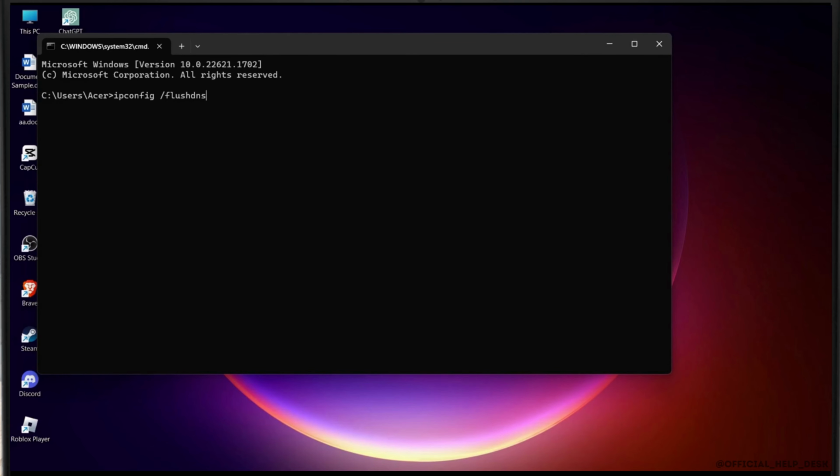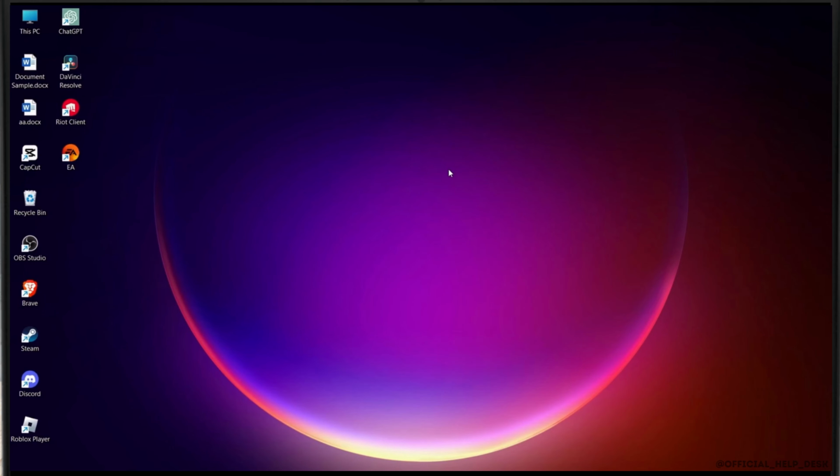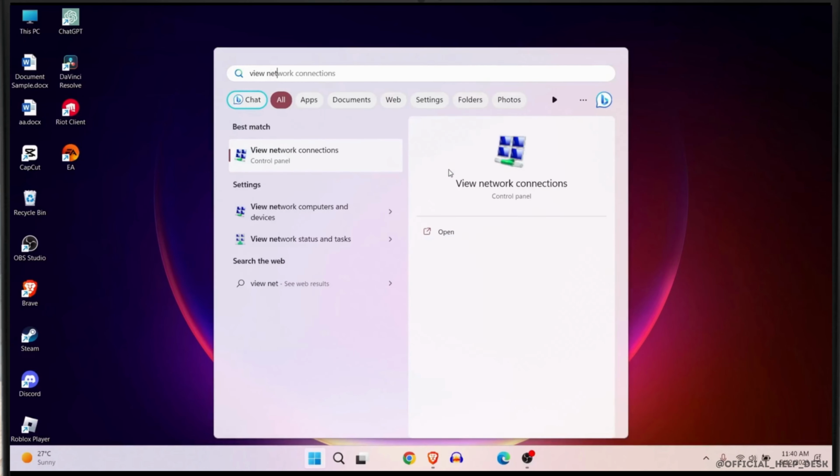ipconfig /flushdns and hit enter. And after that, type netsh winsock reset and hit enter and restart your computer again, and this should help to solve the problem. So the next method is to go to view network connections on Windows,